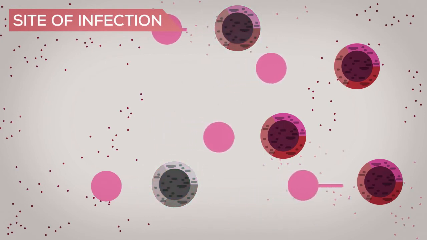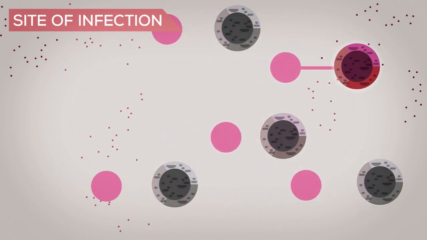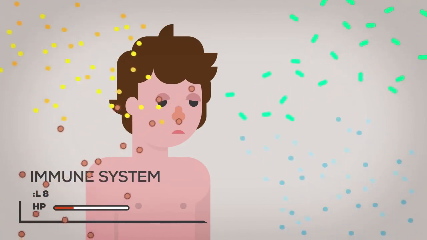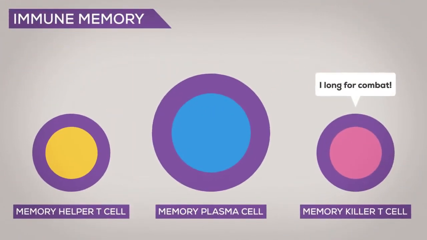After 2 to 3 weeks, the body usually gets the upper hand and overwhelms the infection. But the immune system is now seriously weakened and may take weeks or months to recover, leaving the body vulnerable to other diseases. But if you make it, you are now immune. The immune system remembers the virus forever.